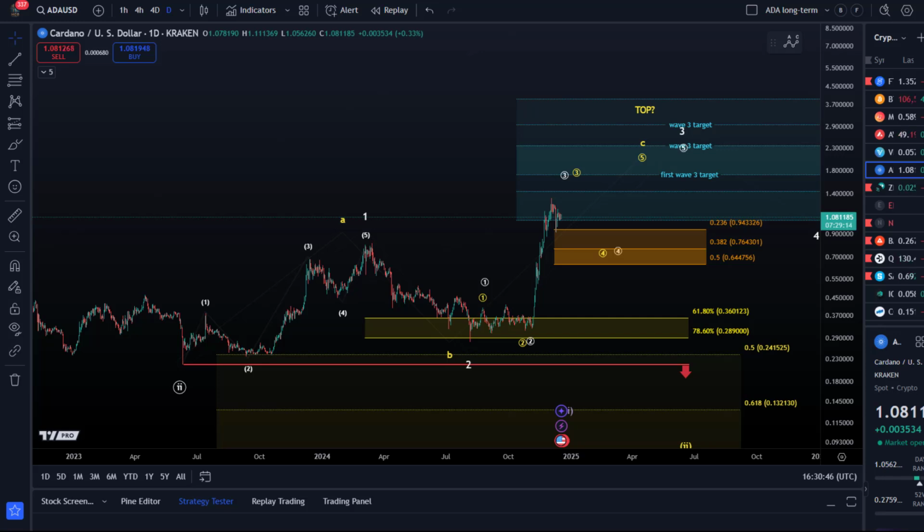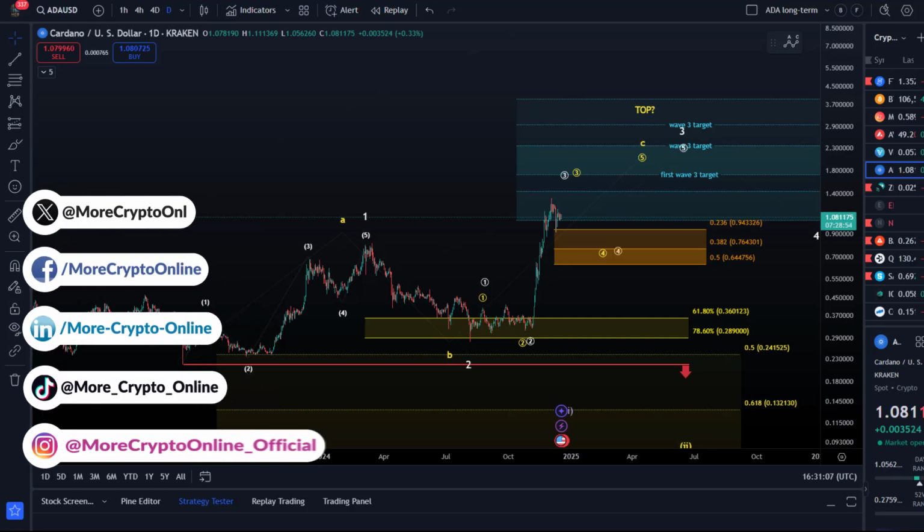On the ADA chart, this is the long-term chart, we can still see ongoing sideways consolidation. The price is currently holding above support on the daily chart, and we're also holding above the 50% retracement level at 64 cents, which is a key support level. This would be the key support that needs to hold to keep the overall uptrend alive in this structure